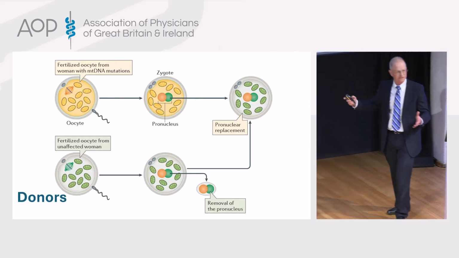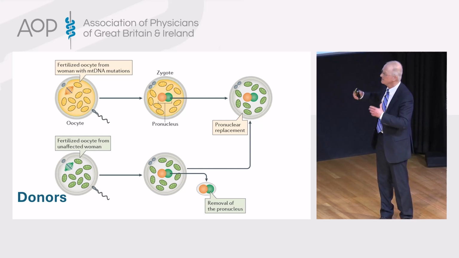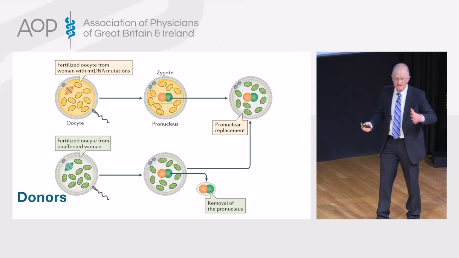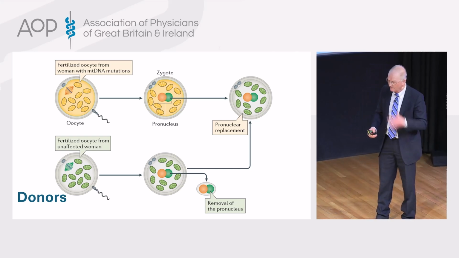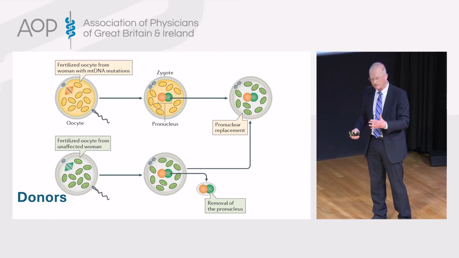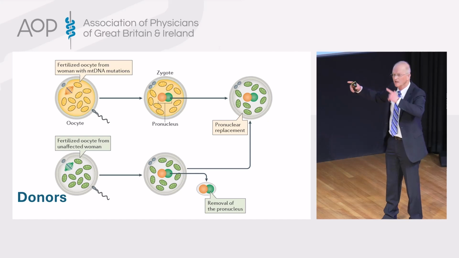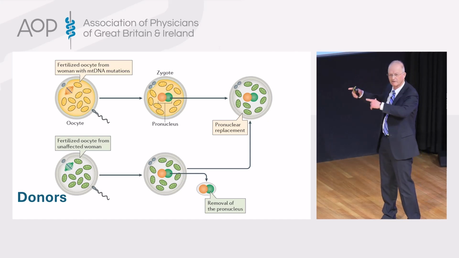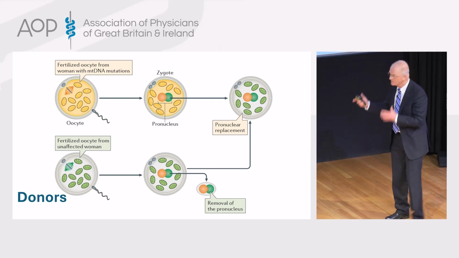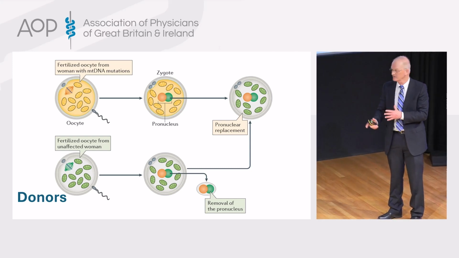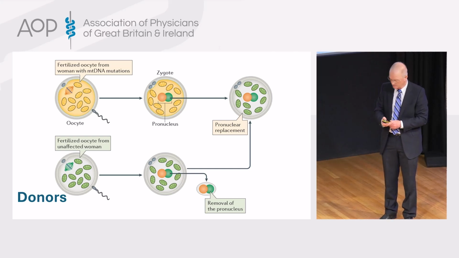We've got to think about donors. Now, fortunately, there is a way, and not many countries have it. This is trying to be brought in in Australia, the only other country that's legalized this, and they have huge problems because they don't have an HFEA about ethics. So we've got to get donors. Not only do we have to get donors, we've got to prove that they don't have mitochondrial disease. So they've got to have several tissues sequenced.